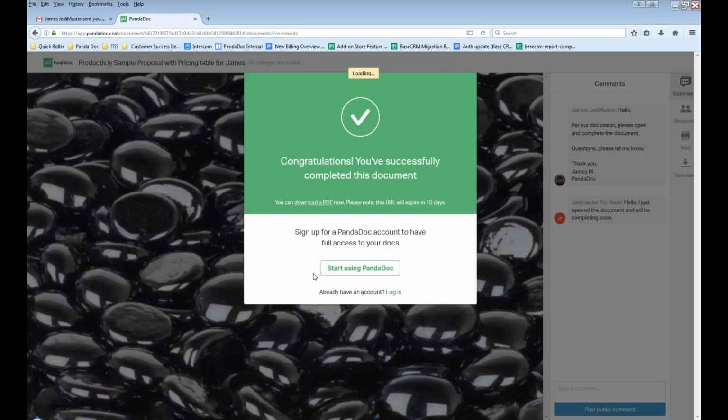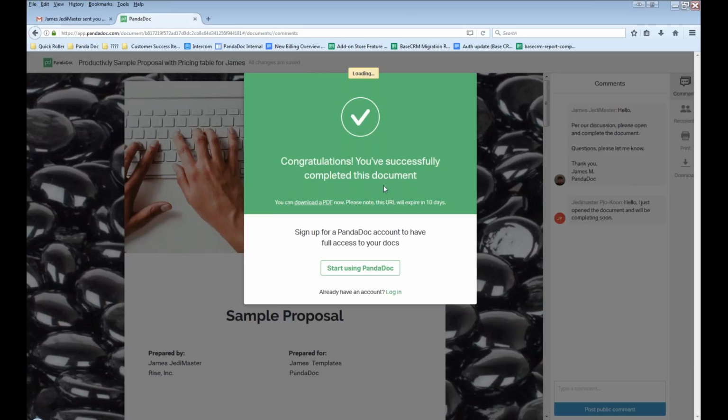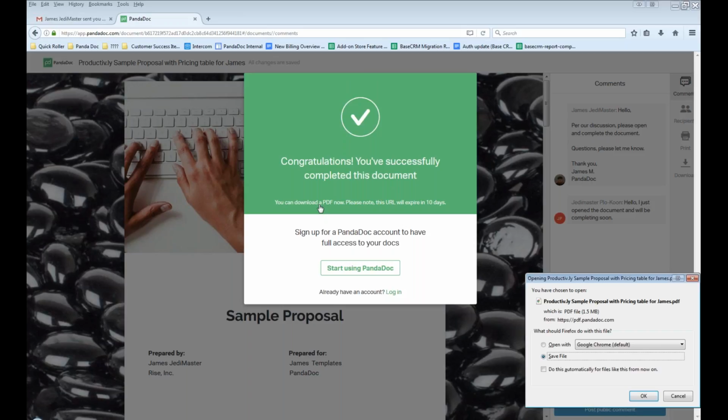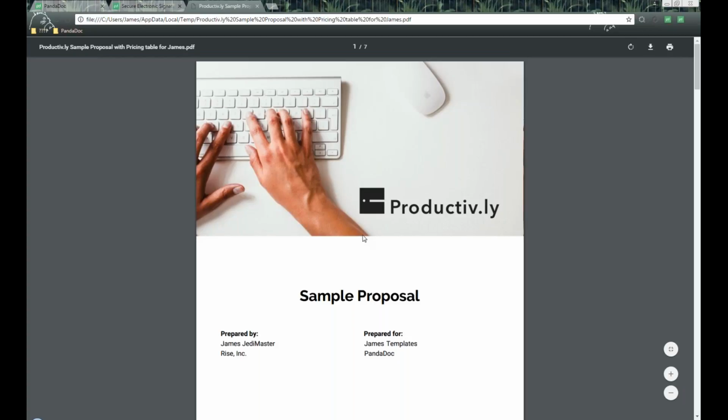Once we do that, in turn, they're going to receive a message like this. It says, congratulations, you successfully completed this document. You can download a PDF version now. Let's do it. So remember, everybody, while you're creating documents inside of PandaDoc, you're really creating two versions, right? You're creating a web version, and also you're creating a PDF version that your recipients can download once the document